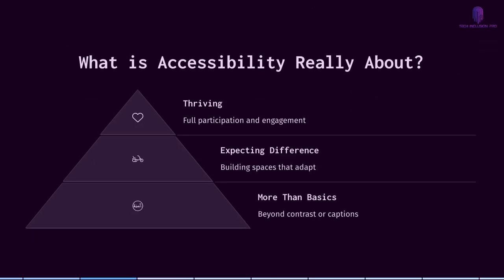So what is accessibility really about? We want to focus on thriving, full participation, and engagement with people. When you're creating a training, you want to ensure that the material is meaningful to that person. It's not just utilizing something that you have to do within your company or organization or classroom. You want that person to take this information and use it beyond the training itself. Because if you don't do that, your training has failed. You want to make sure that this generalizes, that they can use these skills in a way that fits within